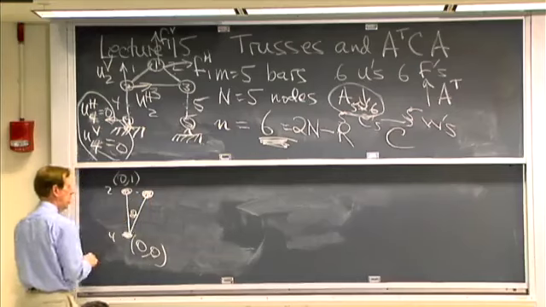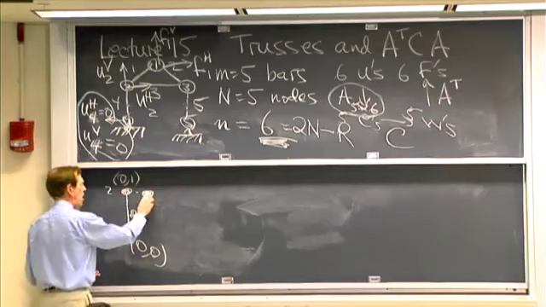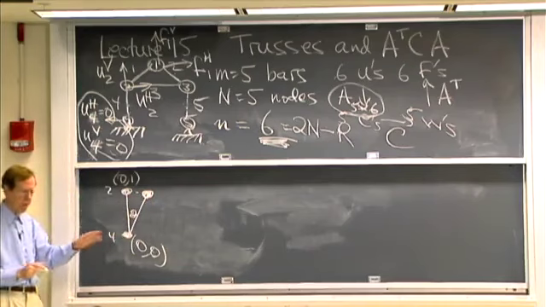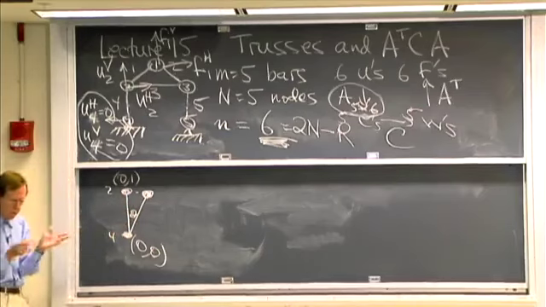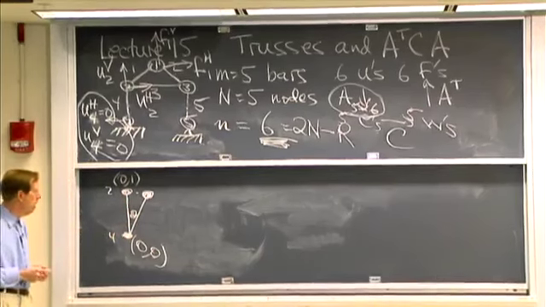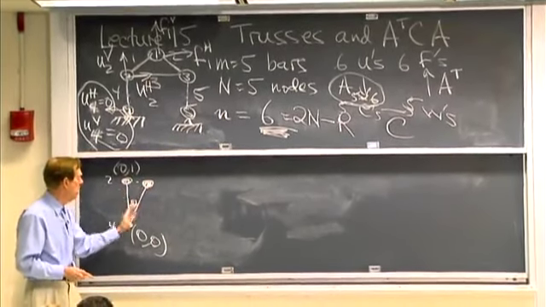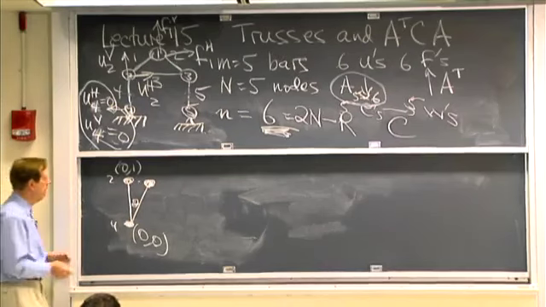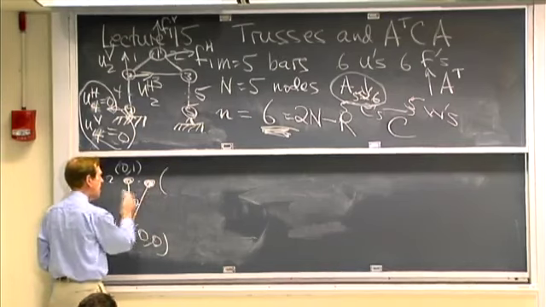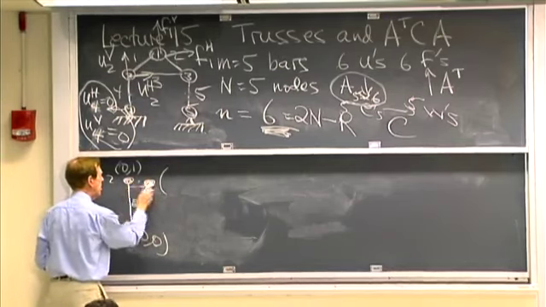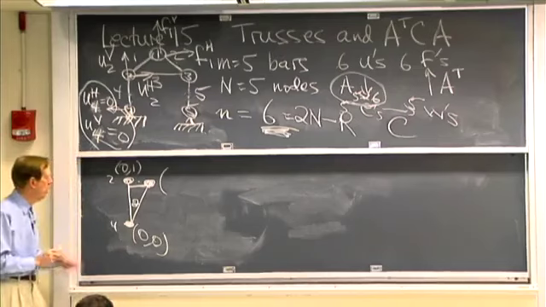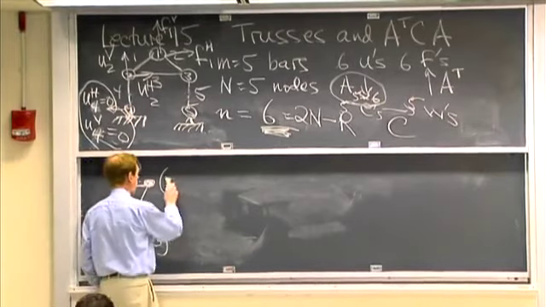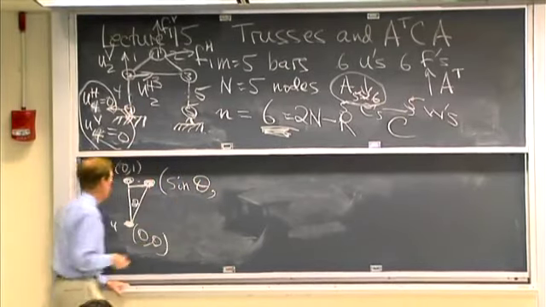Then it moved a little bit, to an angle theta. What's the position of that node? What's the new position of the node? And then we'll look at the difference and we'll see the movement U, the displacement. So how far did it move? What's the x coordinate? How far did it go across? If I put in that line, you'll know. So the movement across was sine theta. Good, sine theta. And the movement down,